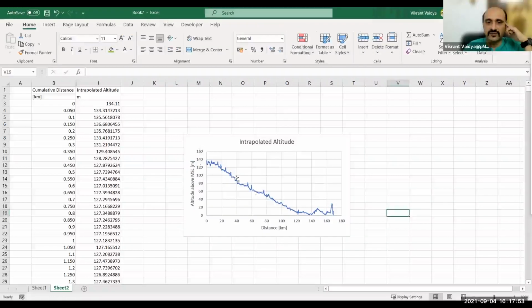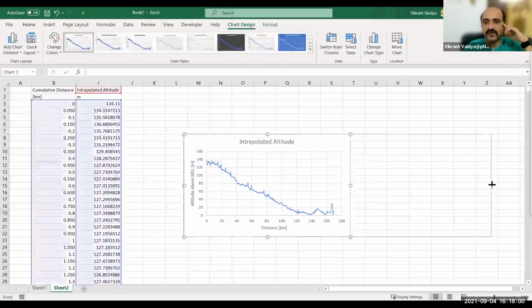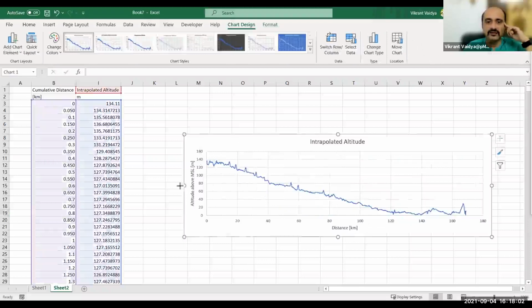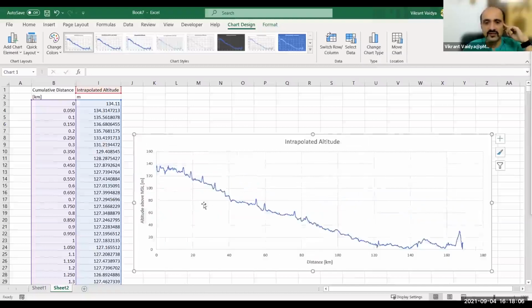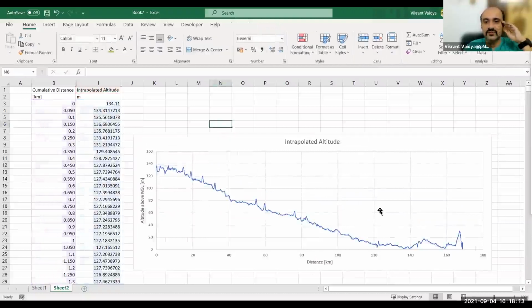Okay, so just as an example, this is the route profile, you can say. If that entire route I cut as a section out of the earth, you will see something like this. Okay, so this is how you create plots.